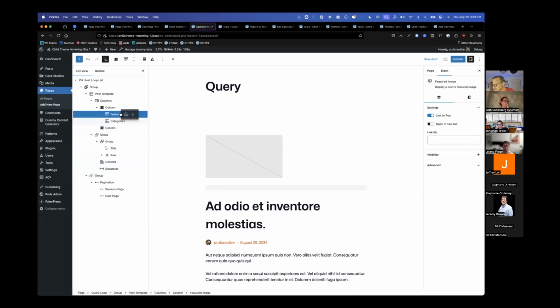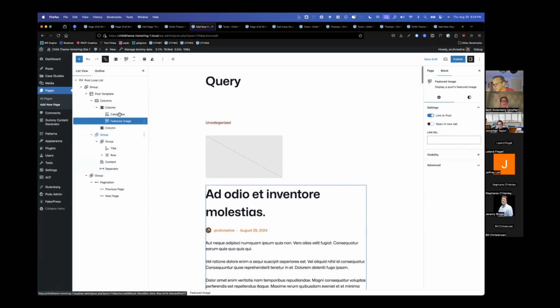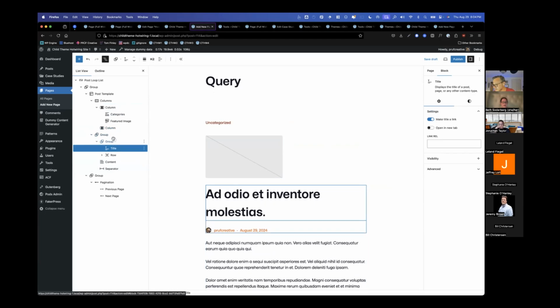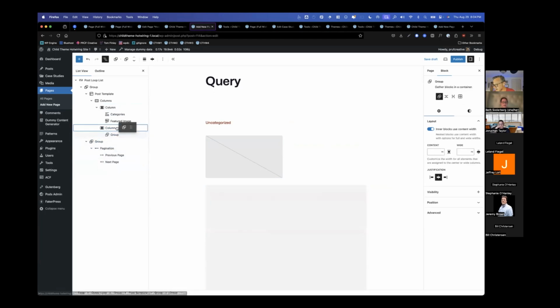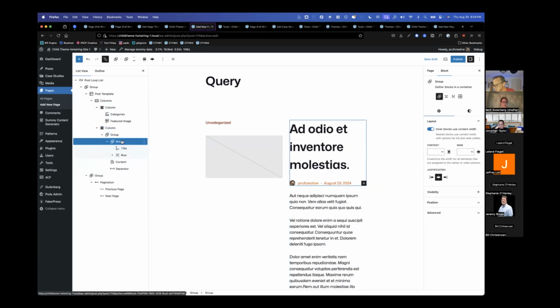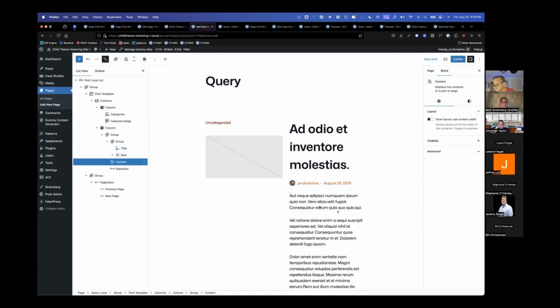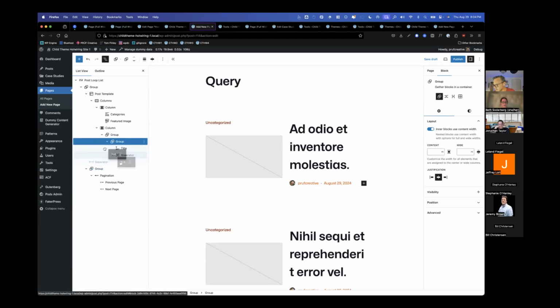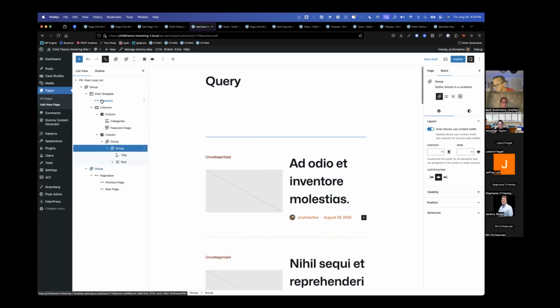So what I've done is I've dropped the featured image into a column, and I'm putting the category above it. And then in this other column, I'm going to drop this entire group. I'm going to delete my content and bring my separator back out.